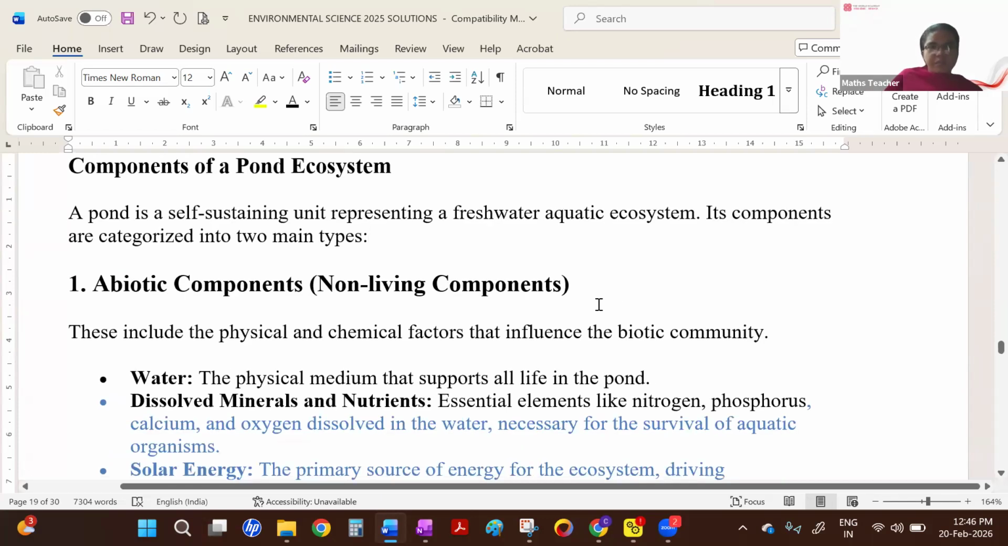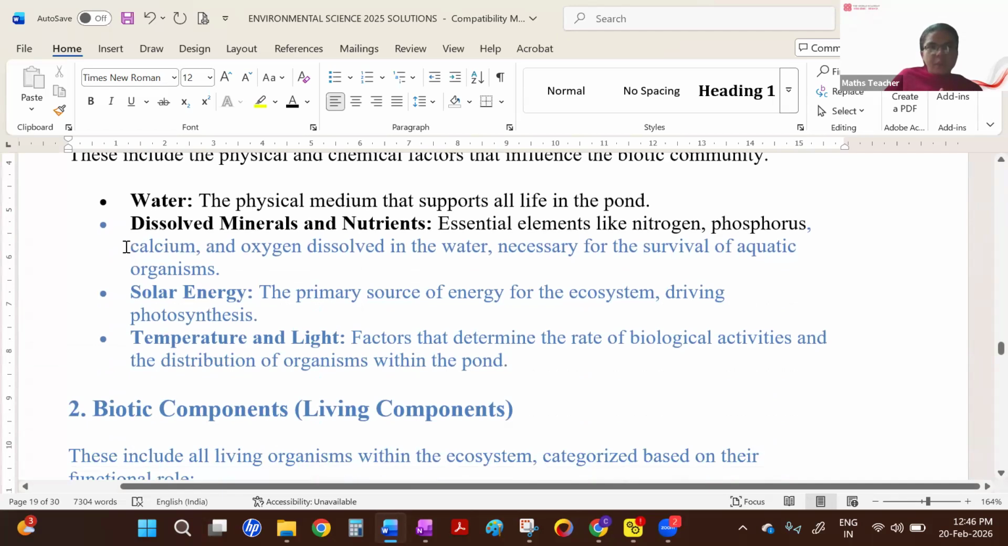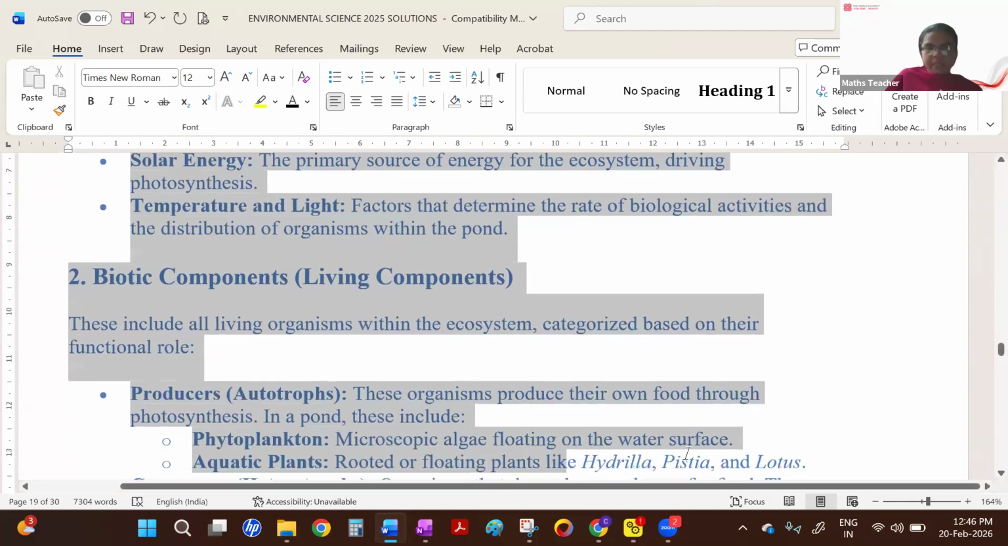And what are the components? The first one is abiotic components. Abiotic means non-living components. So what are the non-living components? The first one is water, the physical medium that supports all life in the pond, right? And then we also have dissolved minerals and